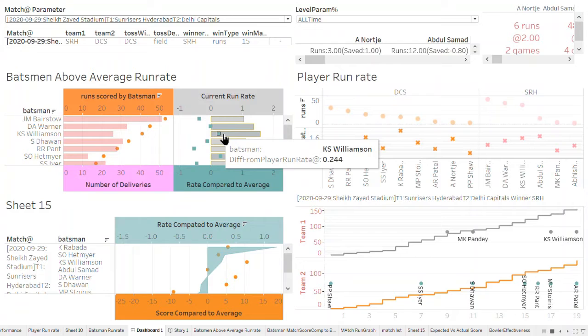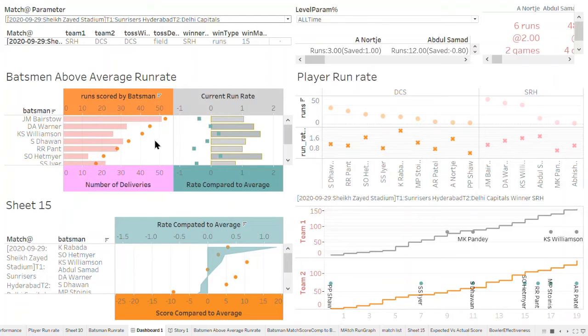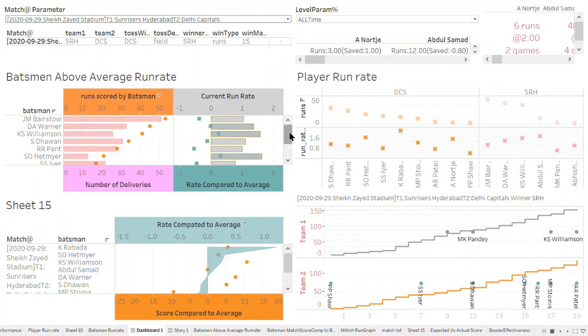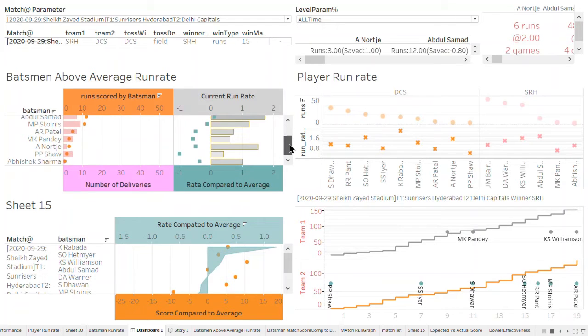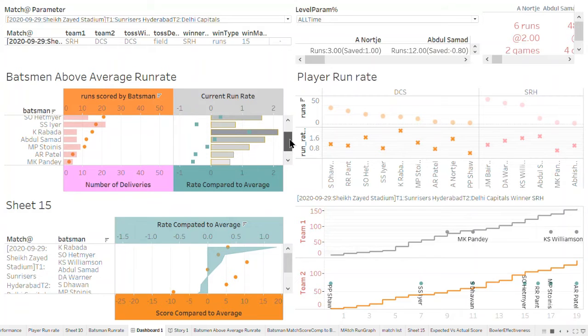Similarly, Williamson, if you look at it, he's got better than his usual run rate, okay, by 0.244. The run rate he scored here was at 1.57. He made 41 runs in 26 deliveries. Okay, so this visualization gives a very quick view of who performed as a batsman better than the usual